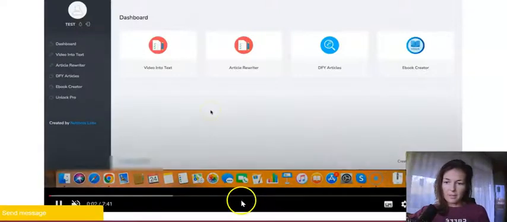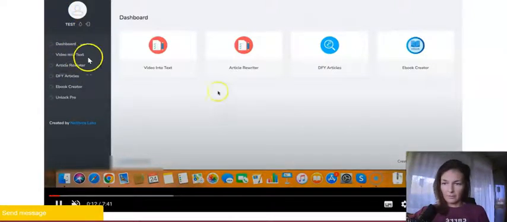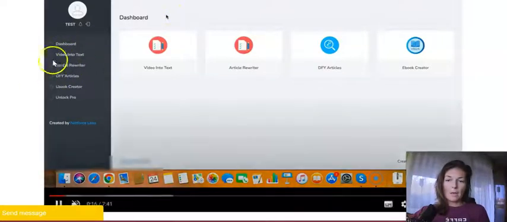So as you can see, okay, here's the dashboard. First you have a few features to the left. So video into text, converting a video. You take a video from YouTube, paste in the video's URL, and it's going to convert it into text, and then you can download it, okay,